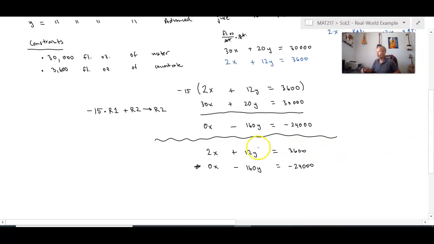All right, well, in the second row, we could just divide both sides by negative 160. And that's precisely what we're going to do, but I'm going to write it in a slightly different way. Instead of dividing both sides by negative 160, we're going to take 1 over negative 160 and multiply it by row 2. And that's just going to create that change in row 2. Okay, so if I do that,